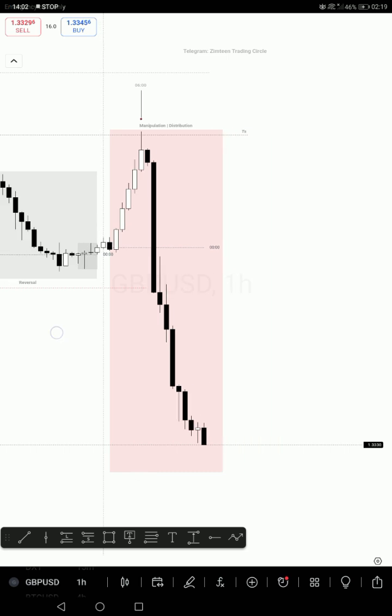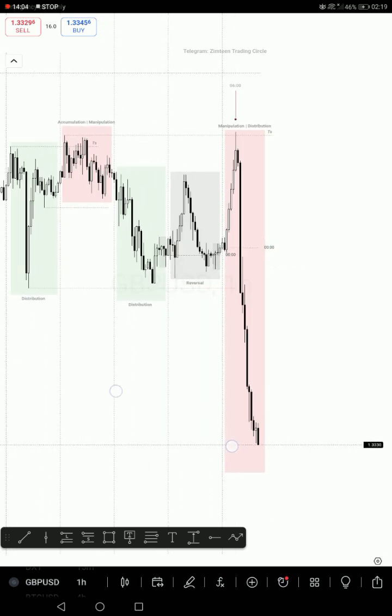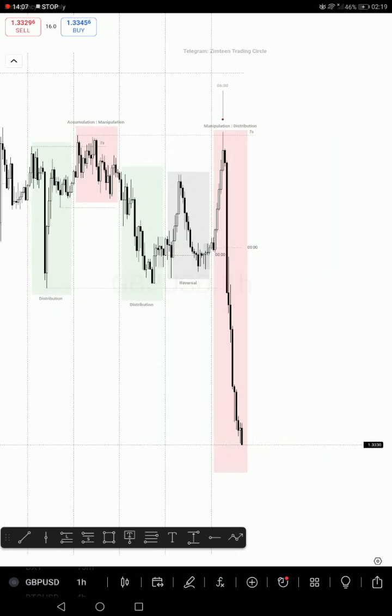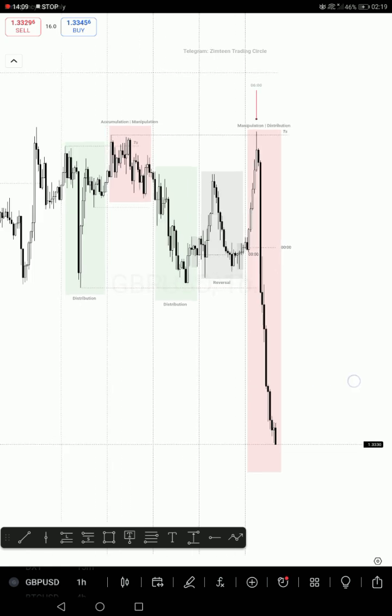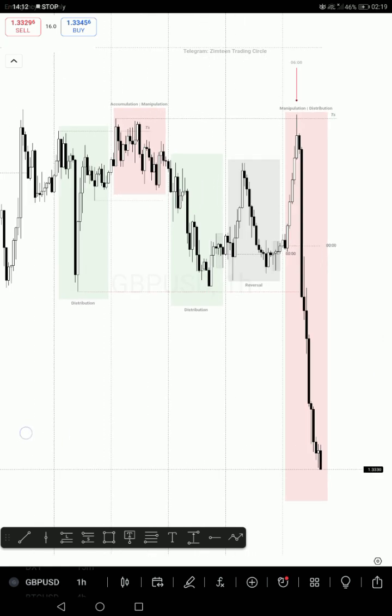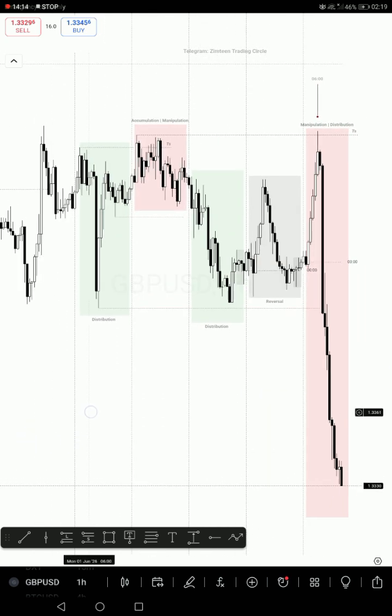Right here on the hourly time frame, now let's do a quick market profile review, a weekly quick market profile review. Monday was a distribution. Monday right here was a distribution, and I can actually say this was a distribution and reversal, because immediately it reacted from a random key level. I think it should be a 15 minutes order block,